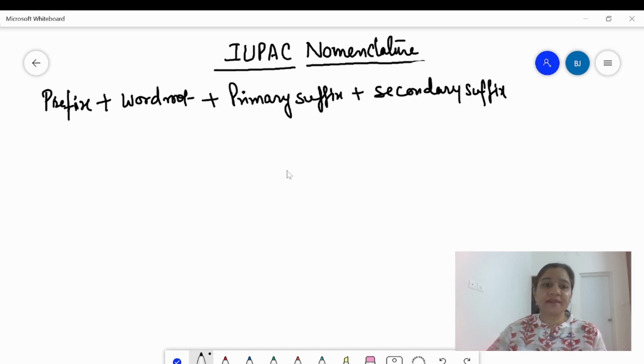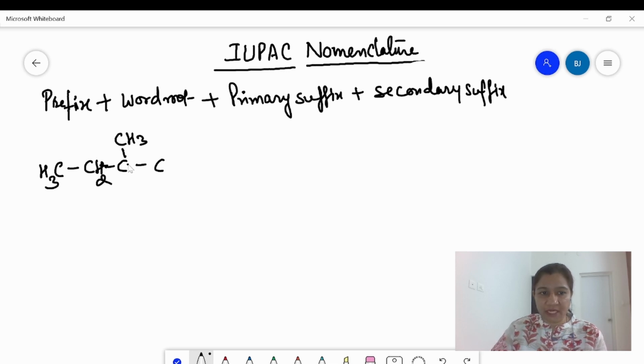In the IUPAC name of an organic compound, we need to follow this sequence, right? Now let me explain one by one the meaning of all these terms. Now suppose you have an organic compound like this, suppose this is CH3, CH2, and here you have one group, suppose a CH3 group attached to this, then CH, single bond CH3. If you are writing the IUPAC name of this compound, in this compound, if you see,